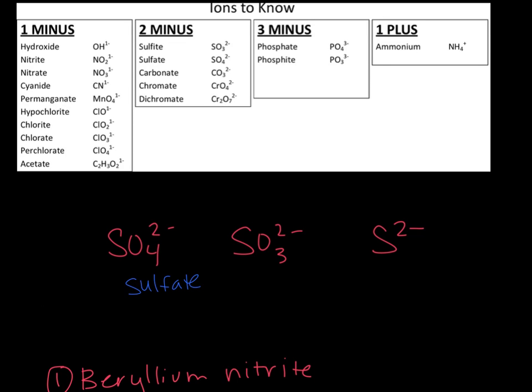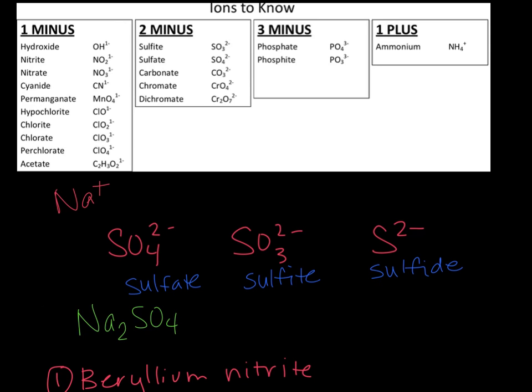And then SO3 2- is sulfite. And then S2- is what we were using before. It's right off the periodic table. This one is sulfide. All right, and so if we were to make a compound with each of these using sodium, then I would have to combine sodium with sulfate, right? And so I would have then